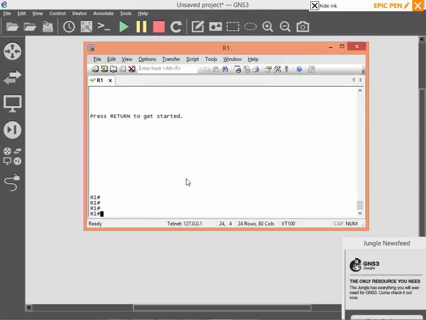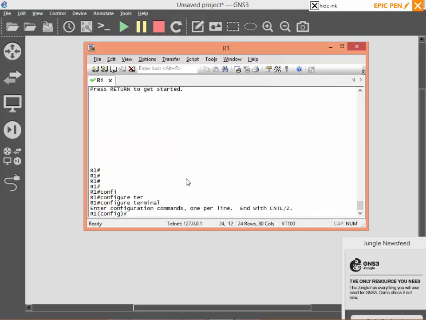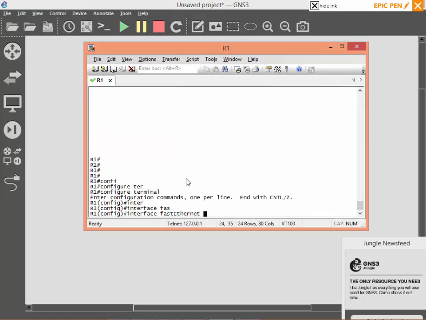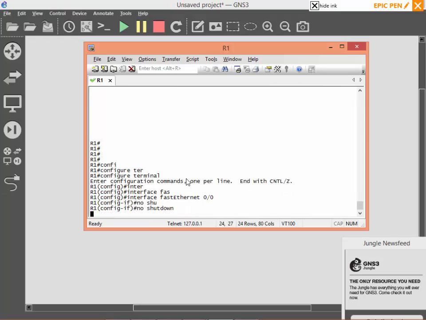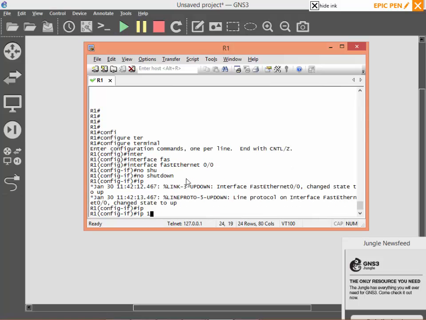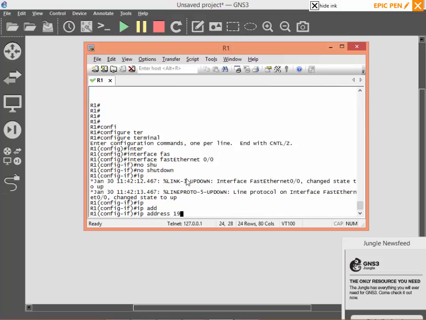Okay, so I'll go and give the IP address here. No shutdown, and the IP address is 192. Sorry, the IP address is 192.168.100.1